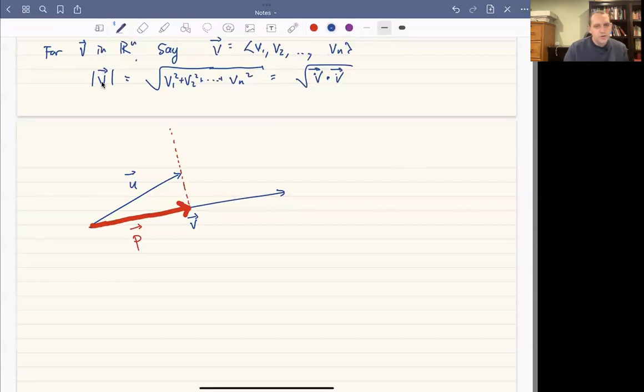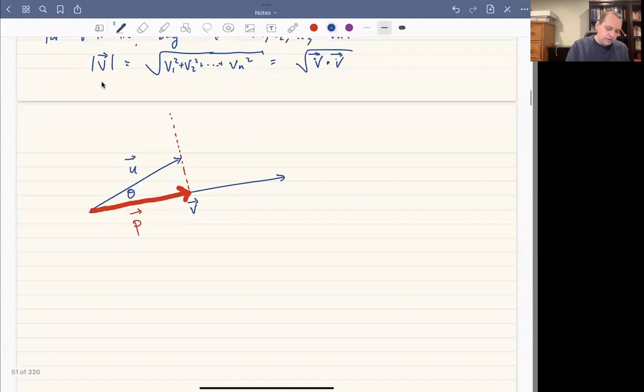And so what I want to do is come up with a formula for the vector P. I want to think about the angle between them, which we already know involves the dot product. And I want to think about what the vector P is going to be. There are a few different ways to do this, but the way that I really like to do this is